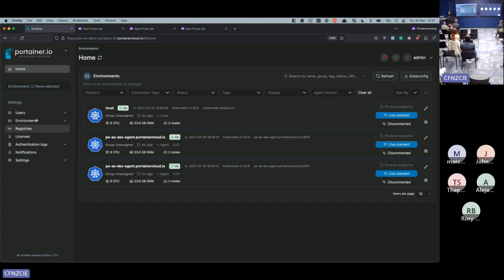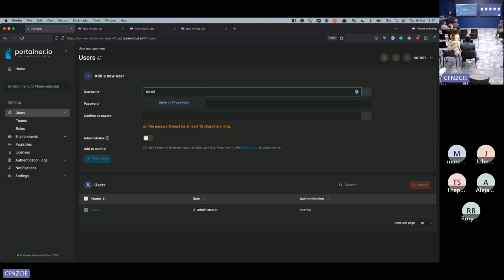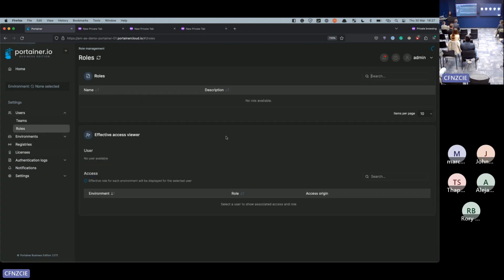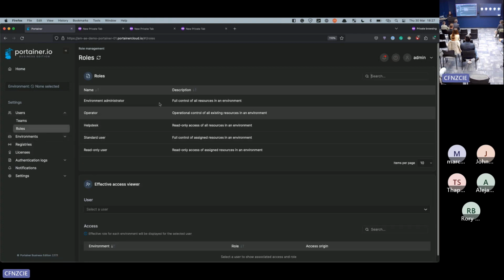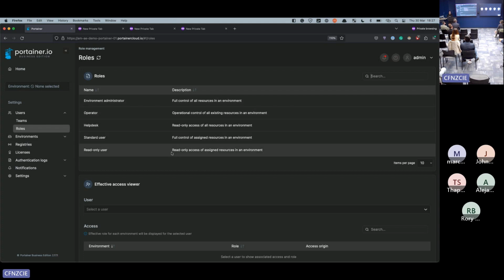Okay, so now what I'm going to do is create a developer. I'm about to demonstrate our RBAC. And by the way, this is an internal user. If you use an external auth provider, then we've got these 5 predefined roles, and we are reviewing custom roles at the moment. So far, these are